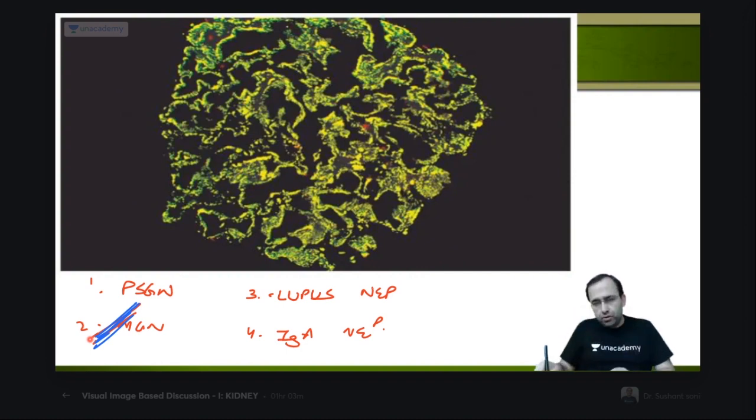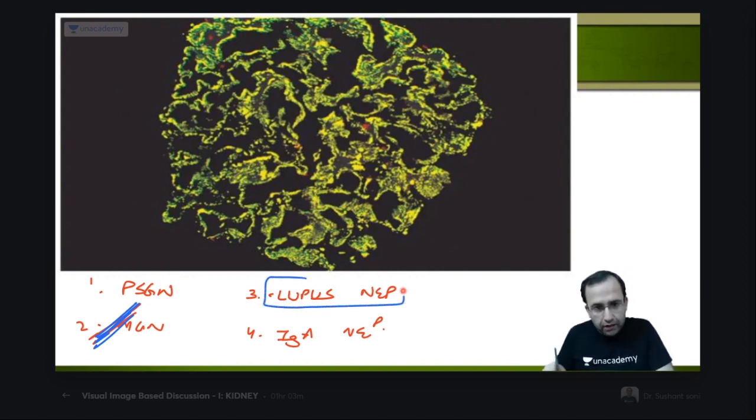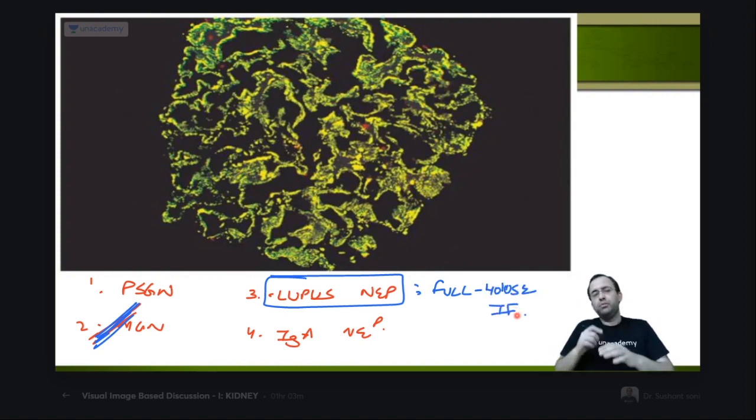When the villain shows the brain to the girl, this is what it looks like. Iron Man 3. Remember MGN, remember this immunofluorescence. On the other hand, look, why was it not lupus? In our previous integrated session, we saw that lupus nephritis shows full house immunofluorescence. This was the November AIIMS question, full house immunofluorescence with lupus.